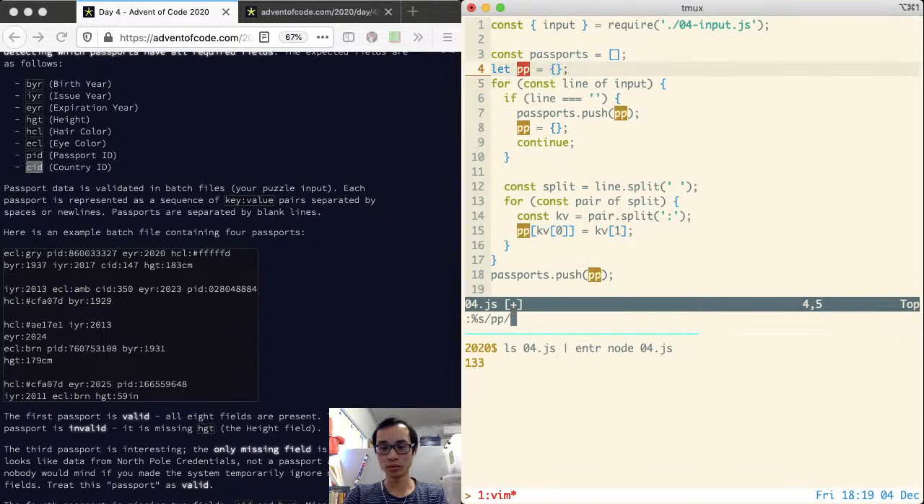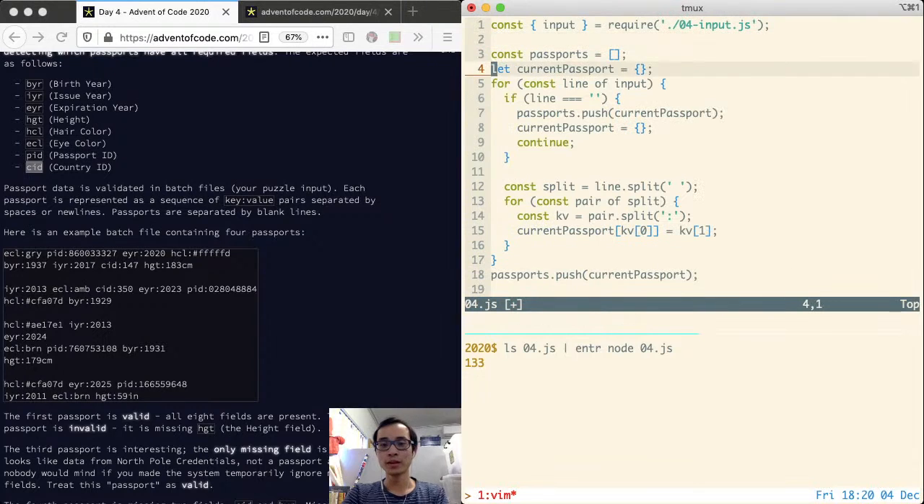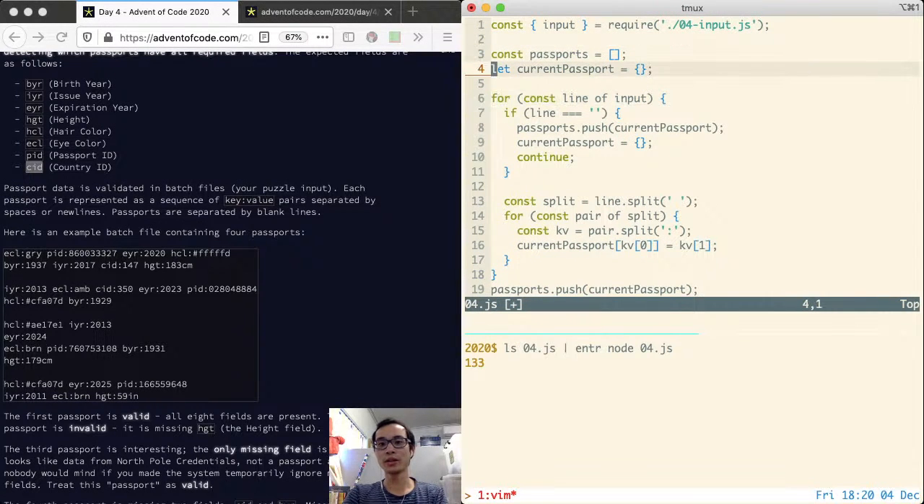That will make it a bit easier to understand what's going on. I'm just going to go replace all of these. Cool. So now that I have these two variables, I have this current passport object, which is where I'm going to add all the fields as I parse them. And then I also have this passports, which is once I hit that blank line and I know I've finished with a passport, I'm going to take that passport object, add it to this passports array, and then create a new object to reset this current passport to a new object so I can start parsing the next